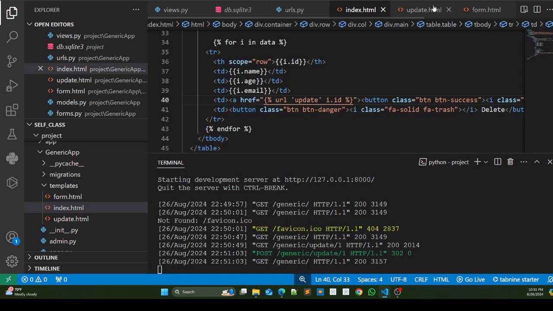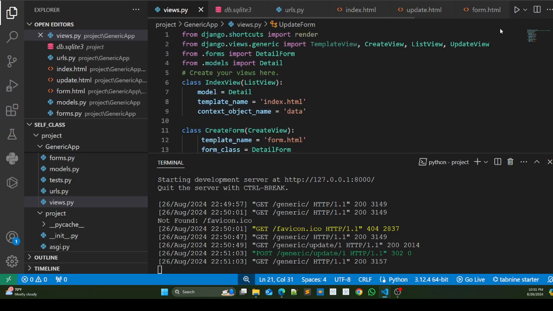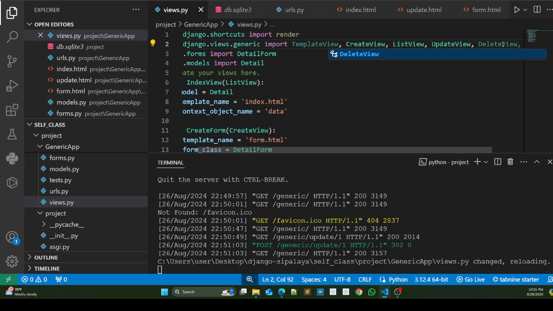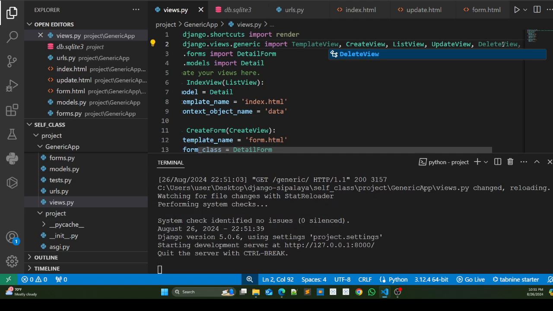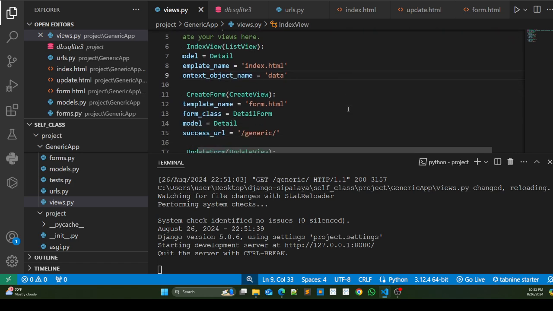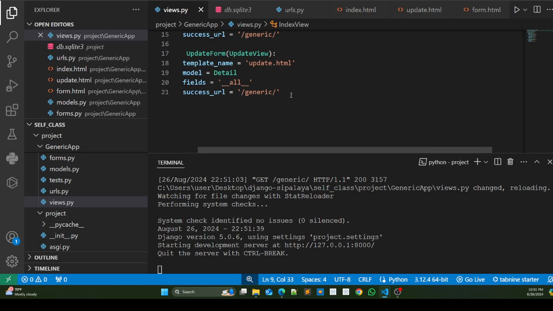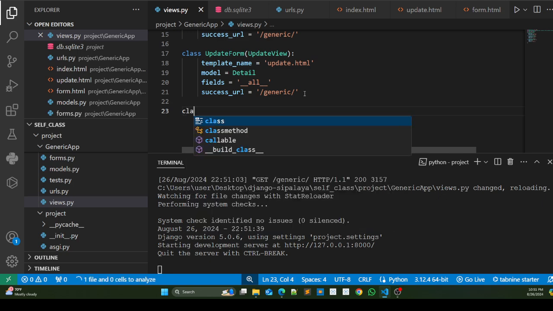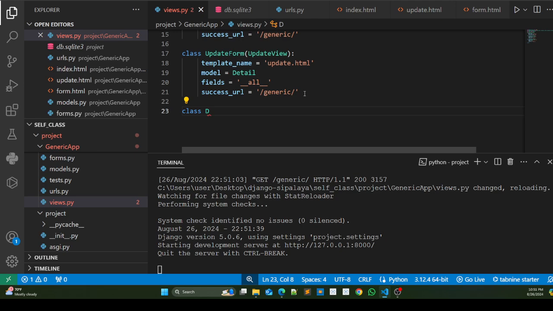Okay, so for that, what I need to do is go inside my views.py, and in generic I am going to import delete view. Okay, so for deleting the view, I'll make the class as, let's say, I think you have already guessed it. Okay, so class will be delete form. Okay, so this is going to bring from delete view,